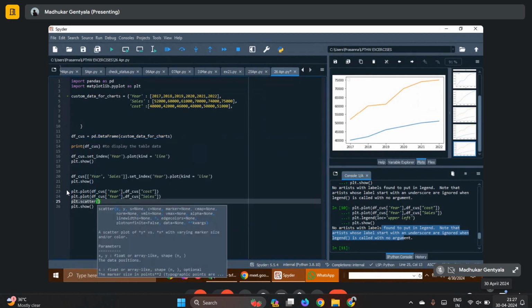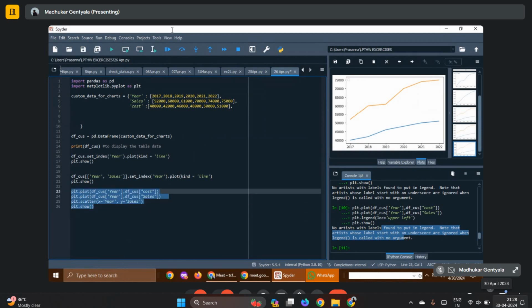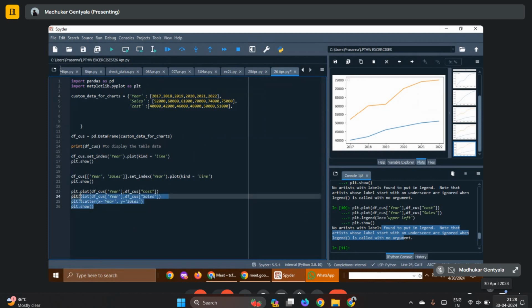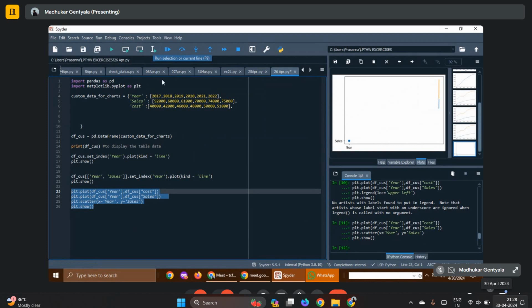Yes. X is equal to year, and comma, y equals to size. Can I run only these two? Okay, I need to run 4 lines, right? 4 lines, yes. And you can also